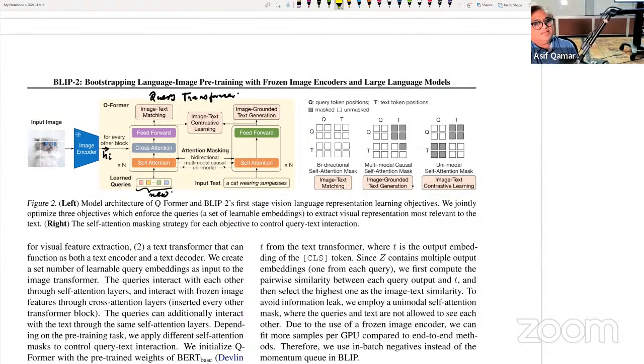You let these query vectors learn from backpropagation. And then what happens? When the model is fully trained, it just becomes a bunch of constant vectors. It just becomes an internal machinery inside the transformer, inside BLIP-2. So at the end of this whole process, nobody will be able to guess what the learned queries are. And you don't care. The only reason they exist is it just so happens that if you look at the